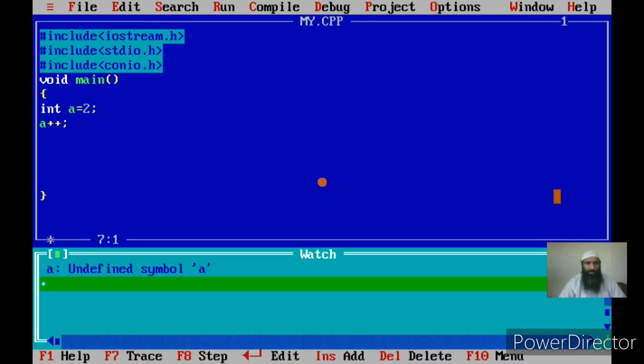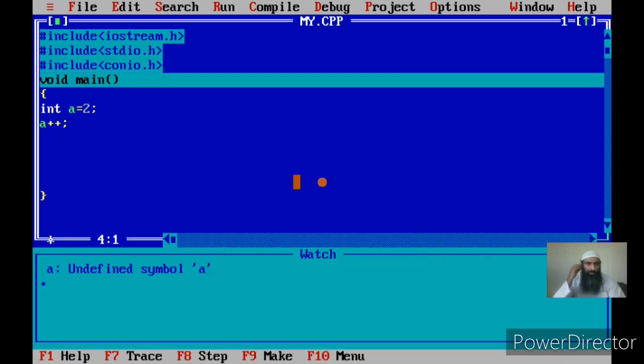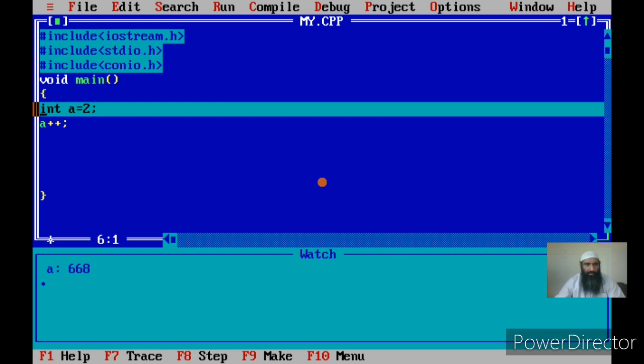Now I am watching the contents of a. Once I execute this program, you will see that a is a variable of integer type, and in the next statement I am using the increment operator on a in postfix form. Why postfix form? Because the operator is placed after the operand.